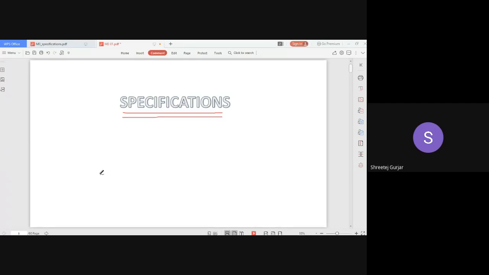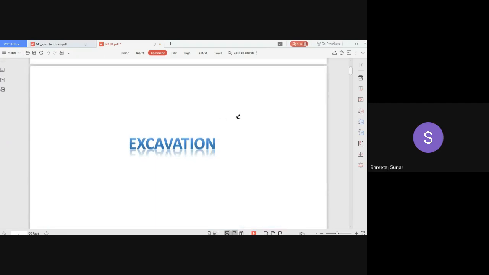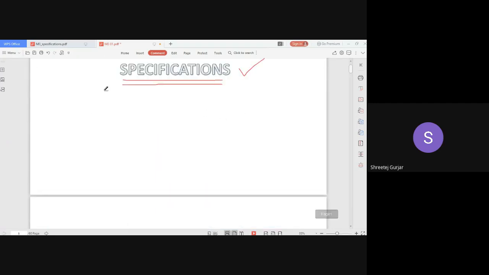Specification is provided so that you are able to execute the work properly on your site. You have some details or a description given to you as specifications. Specification has to follow the chronology in which work is executed on your site. First is excavation of soil, then backfilling, then the foundation. In that serial order you have to write a specification. So the first thing we will learn is excavation.